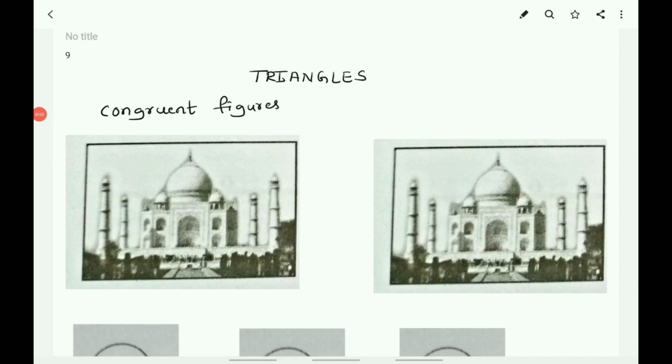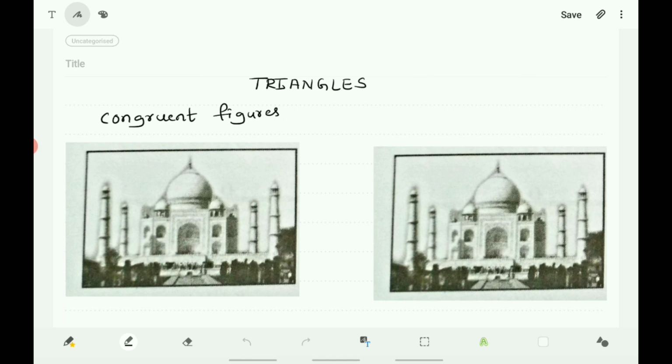Children, now let us learn about the similarity of triangles. You are familiar with triangles and many of their properties from your earlier classes. In class 9th, you have studied congruence of triangles. Recall that two figures are said to be congruent if they have the same shape and the same size. The figures which have the same shape and same size are called congruent figures.